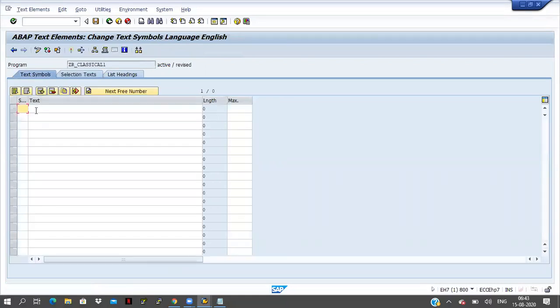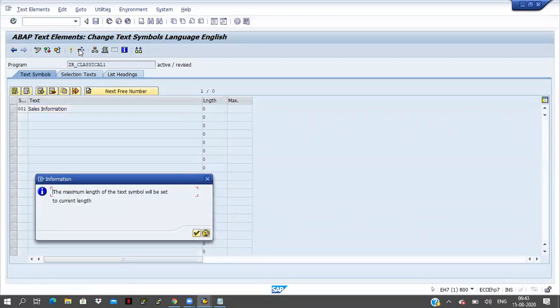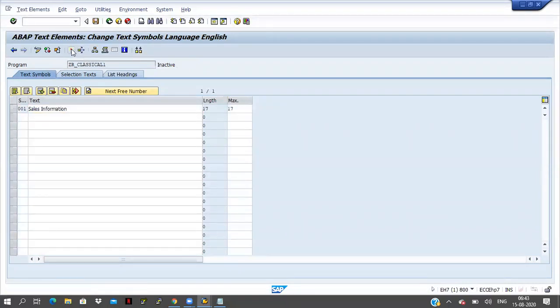In text symbols, 001, I am writing 'Sales information'. Click on save, activate it.